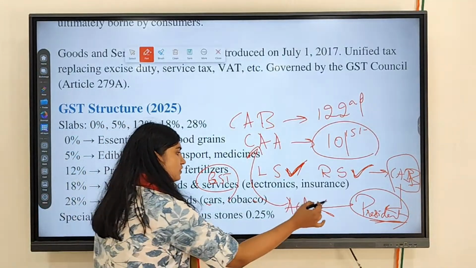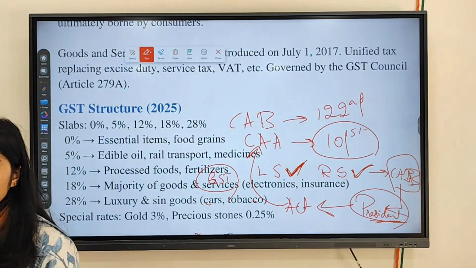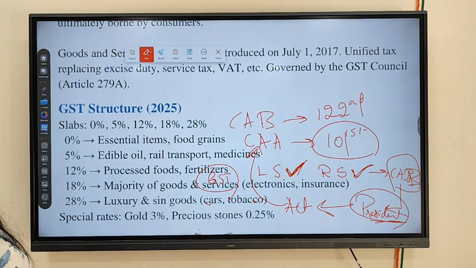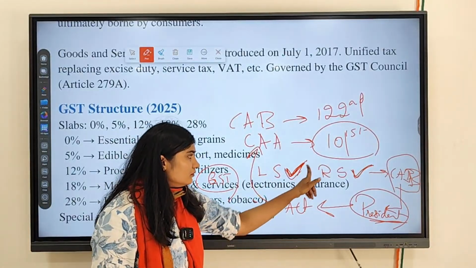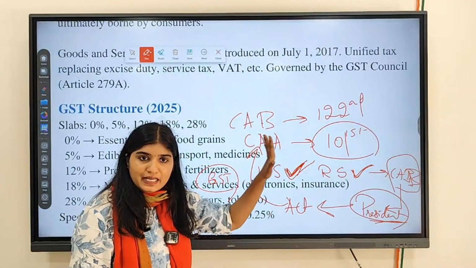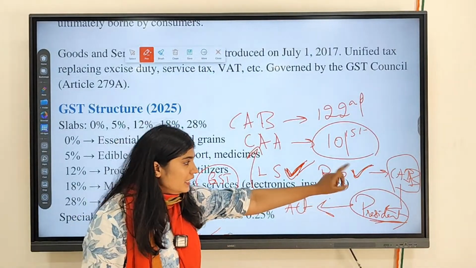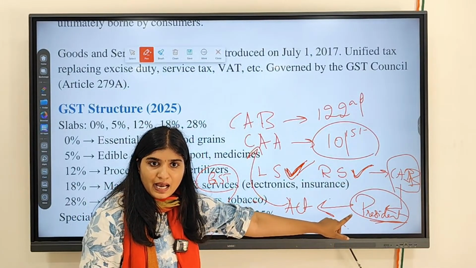No. Then it was sent to all the 28 states. And more than half of the states should give assent in the form of a simple majority. I mean, 15 states agreed to bring this GST. It is not only Parliament that has passed this GST bill. This is the special majority. This GST bill comes under special majority. In Lok Sabha they passed it with a special majority, in Rajya Sabha they passed it with a special majority. It was sent to the President, and the President gave assent.